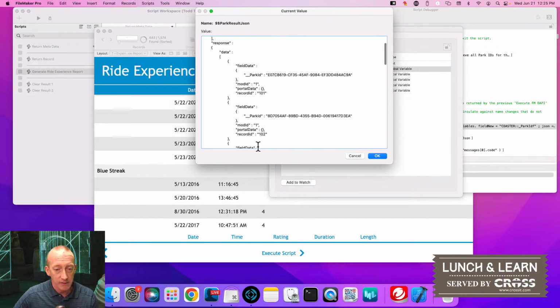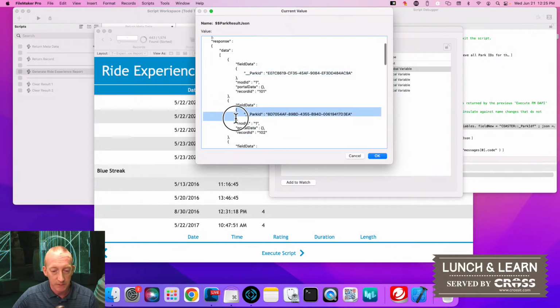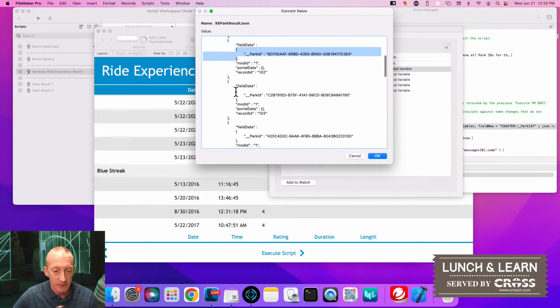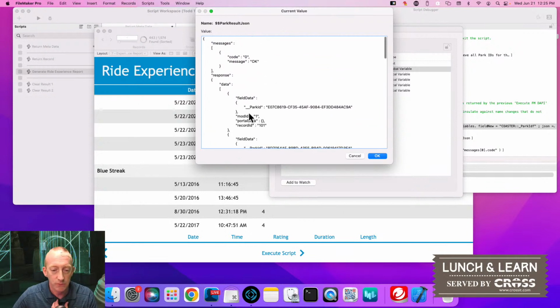And you can see here that there's number 1, here's number 2, here's number 3. And it looks very similar to the array that we would need to assemble for a request to get data using the Execute FileMaker Data API script step. Obviously, it has some extra information in there, but what we're able to do